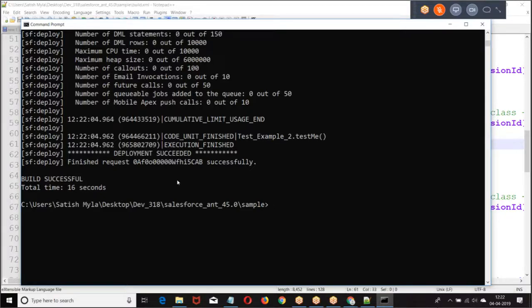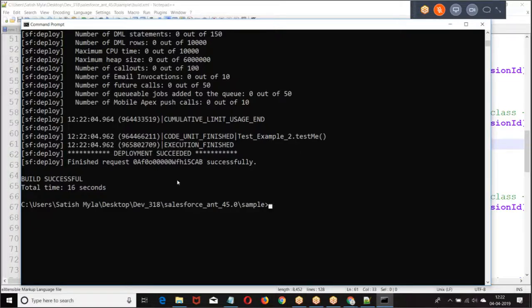So what we are doing, generally from one org, we fetch the code to the local repository. From the local repository, we'll push it to production. From sandbox, we get it to the local repository, and from there we push it to production. Are you getting my point here? Is it clear for everyone?